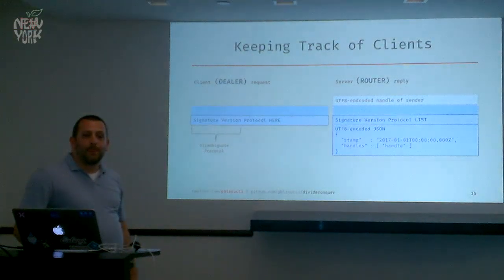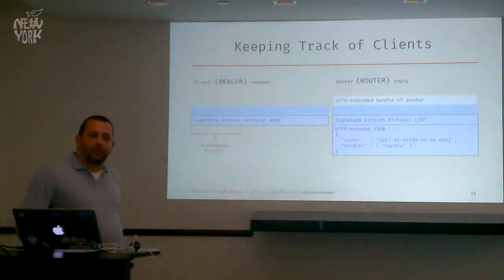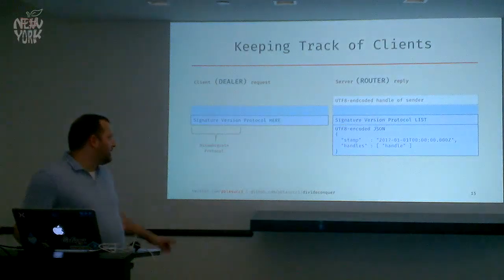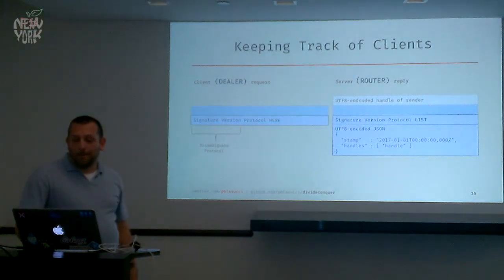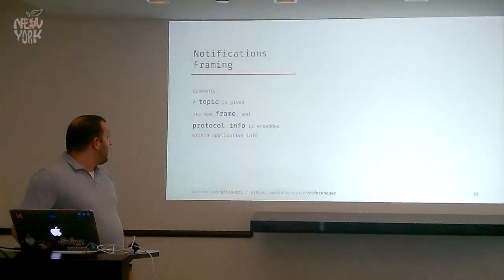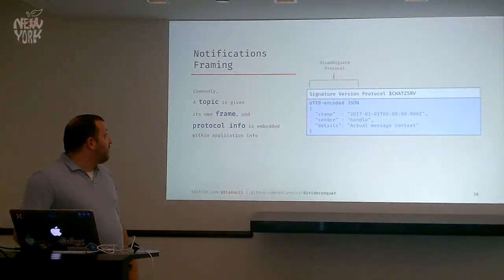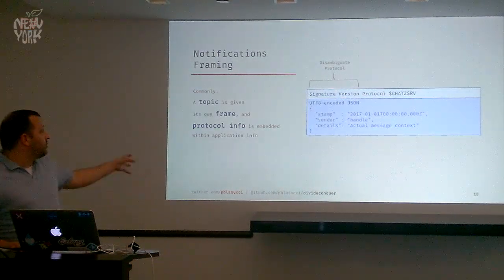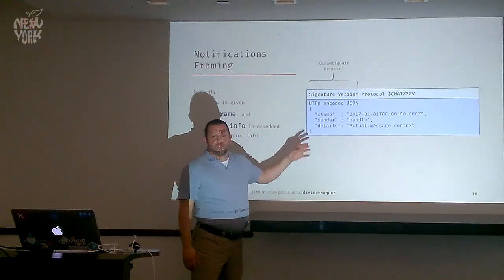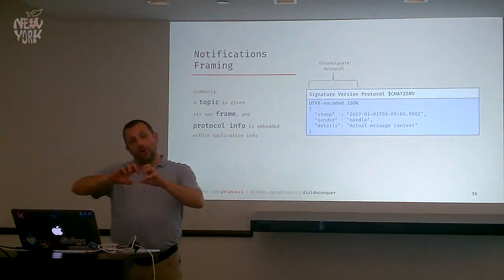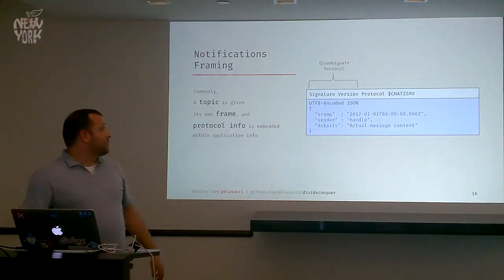Would you subscribe to 3 different topics in that case? 1, 2, and 3 topic? Signature plus 1, signature plus 2, signature plus 3? If you were a client that wanted to communicate across all 3 versions, yes. Because the disambiguation is going to want to be part of the topic. So yes. In fact, we'll look at that right now. The framing for news messages, we talked about this a little bit, but this is just showing it in more detail. Again, you would have the signature and the version, the disambiguation, as part of the topic. So yes, you would have to set multiple subscriptions.